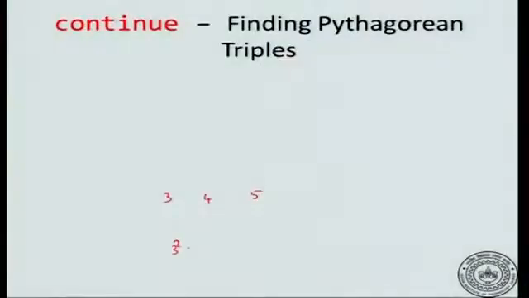Triplets of numbers like 3, 4 and 5, because you know that 3 square plus 4 square equal to 5 square. So they are Pythagorean triples because there can be a right triangle where, let's say, the base is 3, the altitude is 4 and the hypotenuse is 5. So 3, 4 and 5 could be the sides of a right triangle because they satisfy the Pythagorean identity.